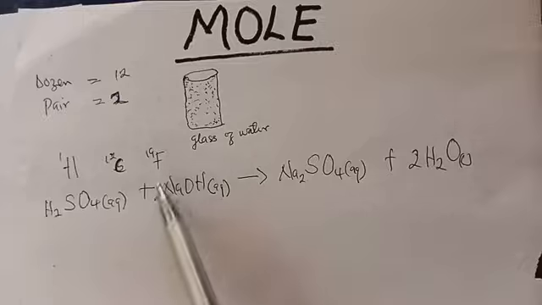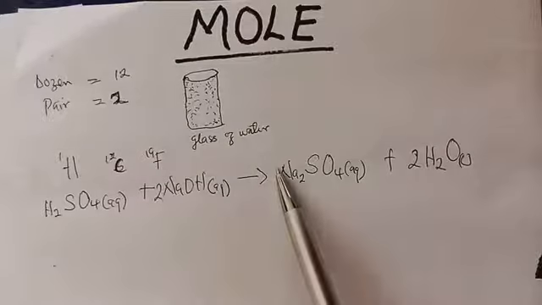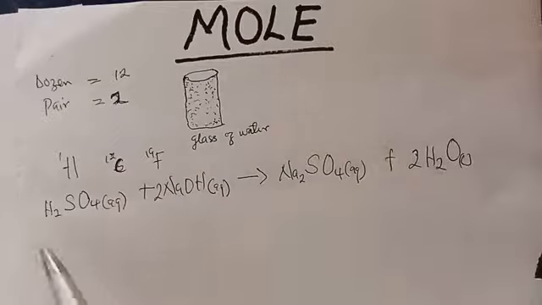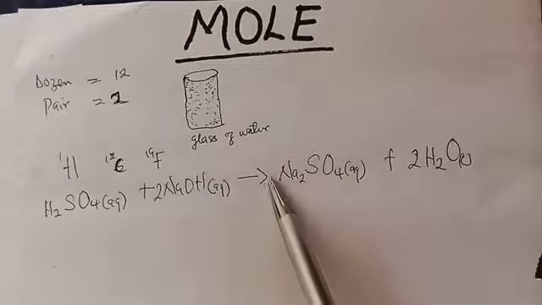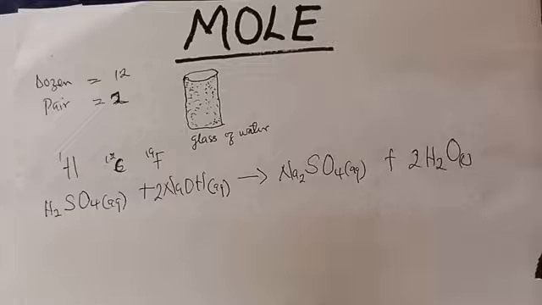One of tetraoxosulfate 6 acid is reacting with 2 of sodium hydroxide to form 1 of sodium sulfate and 2 of water. So in chemistry, we talk about molecules numerically, and that number has to be so big